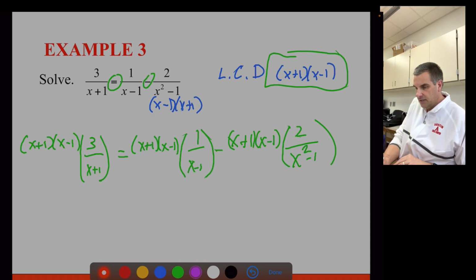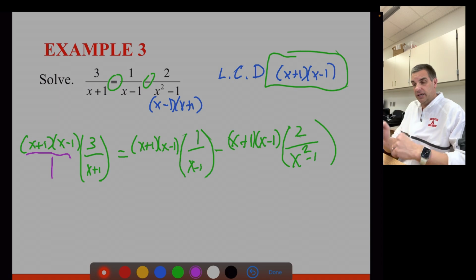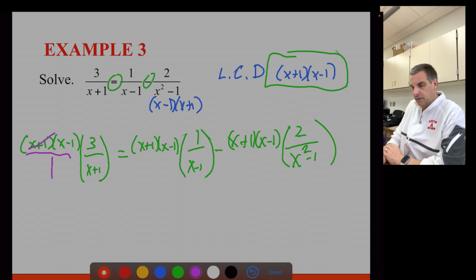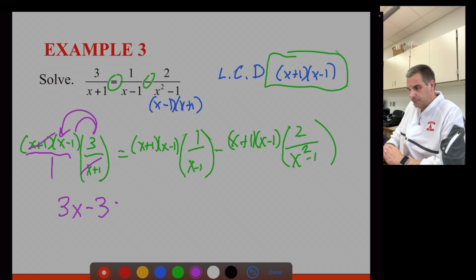All right, so remember that this is just like over 1, so we're multiplying, so we can cross out, cross out, cross out. So that leaves me with 3 times x minus 1. So 3 times x is 3x. 3 times negative 1 is negative 3. Equals, the x minus 1s now are going to cancel each other out, leaving me with x plus 1 times 1, which is just x plus 1,